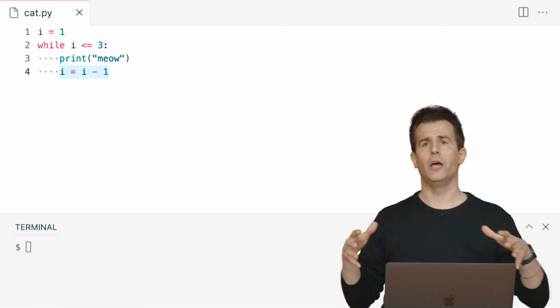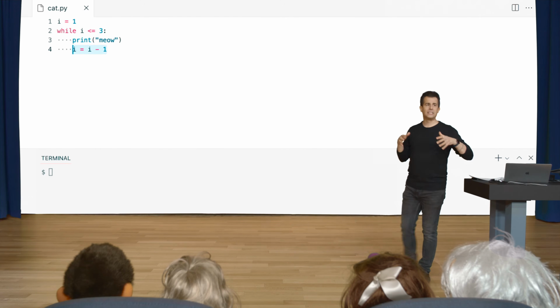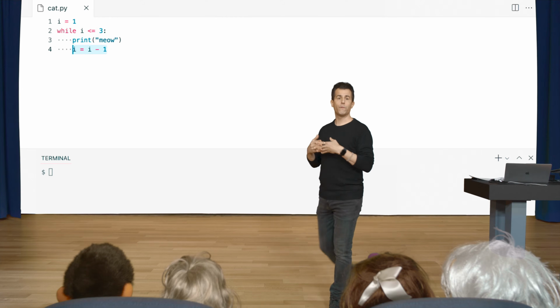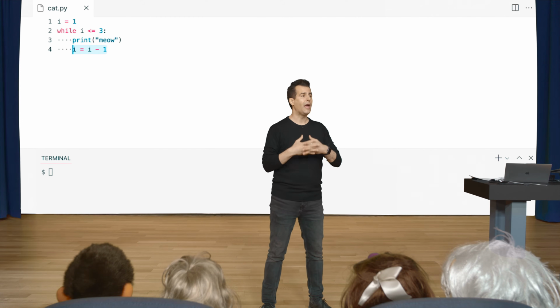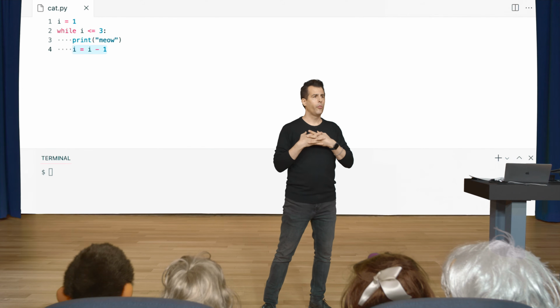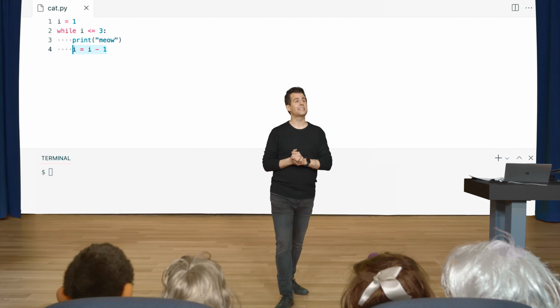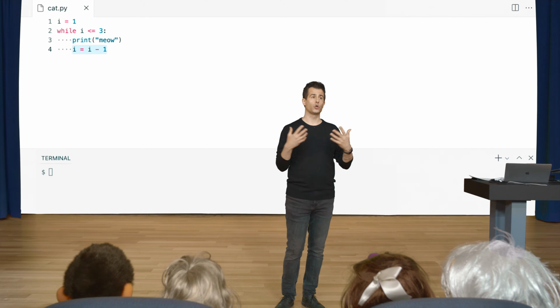How do I want to change line 4? To be consistent with counting from 1 up to and through 3. I would be plus 1 every time you meow. Yeah, exactly. In this case, we want to add 1, not subtract 1.